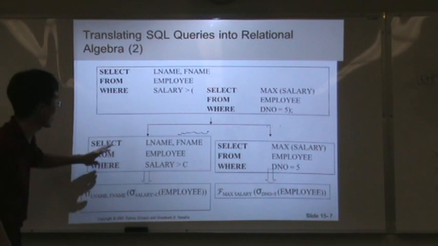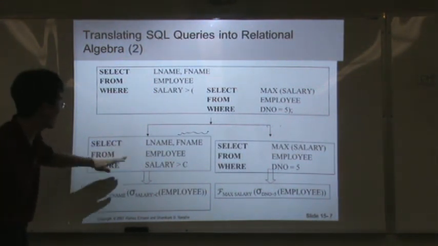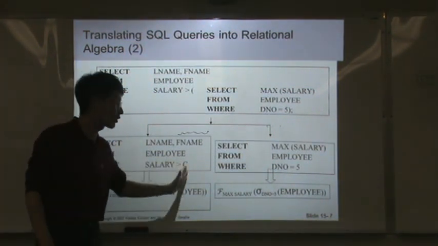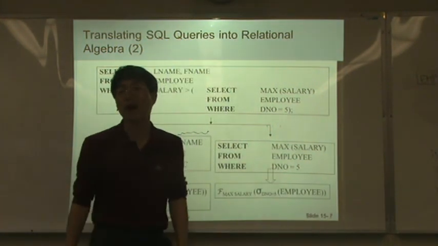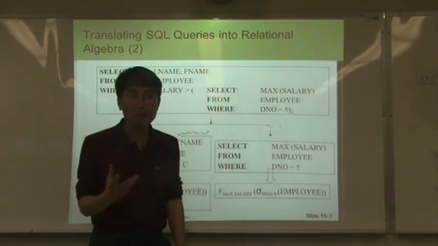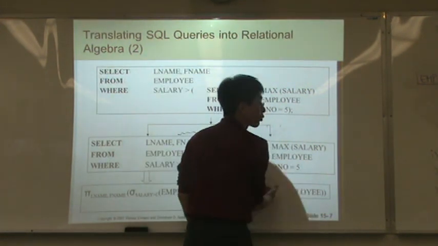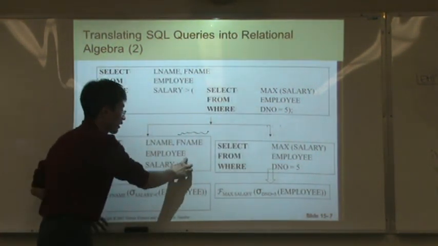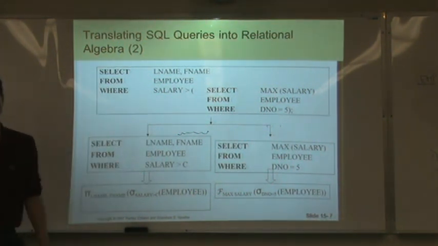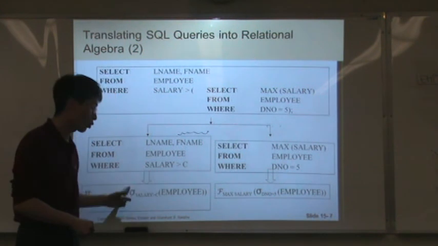So in this case, select last name, first name from employee where salary is bigger than something, and the next is employee DNO 5. Obviously, in this case, this block will be executed first, and using that constant value, the other block will be used. At that time, if you know the relation